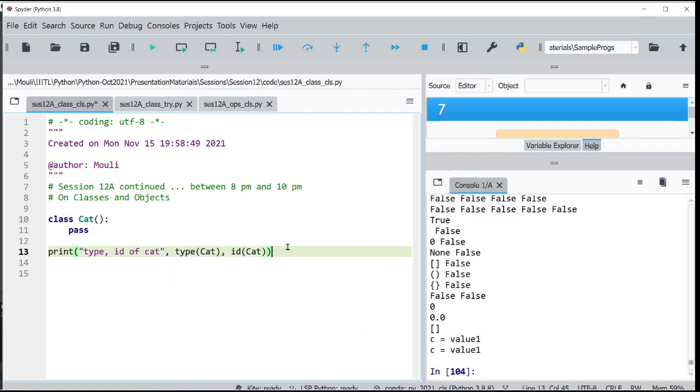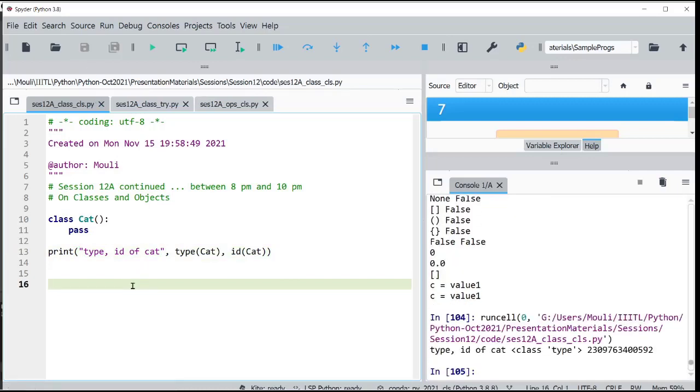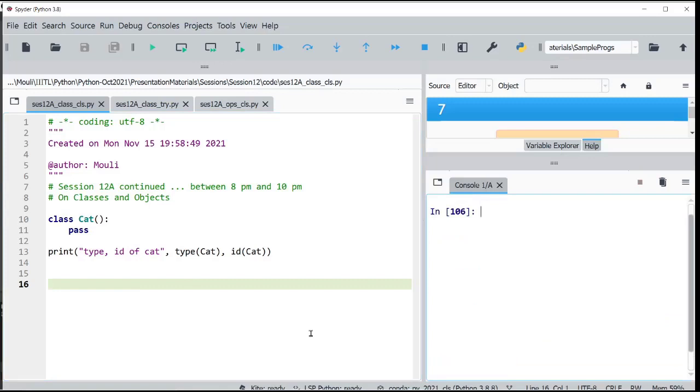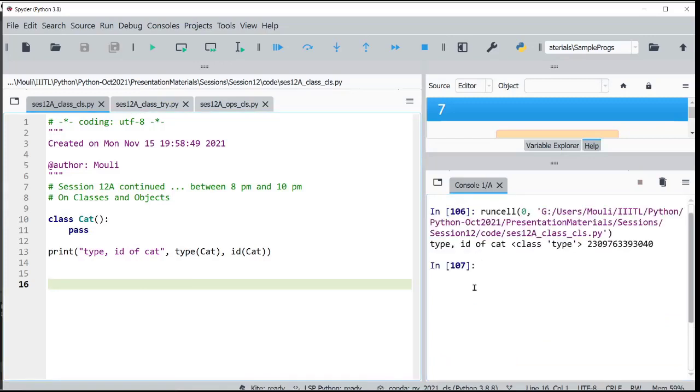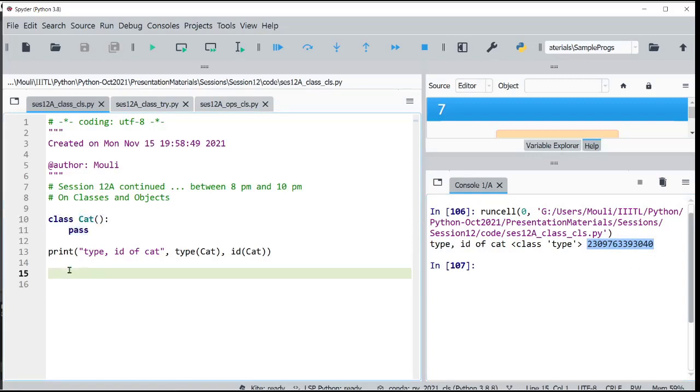I mentioned that a class itself is an object in Python. Let me clear it. What you see here is the type and ID of cat: it is a class type, and it has also got some ID. That means this itself is maintained as an object inside Python.